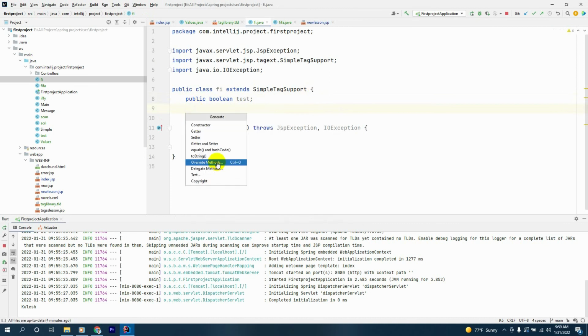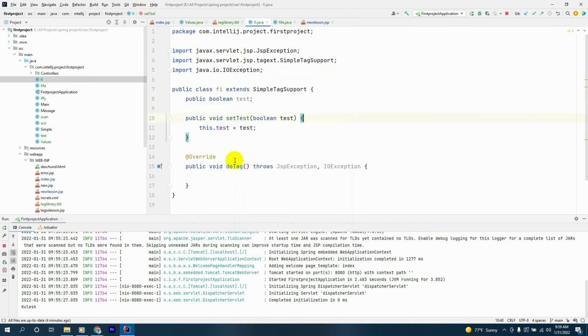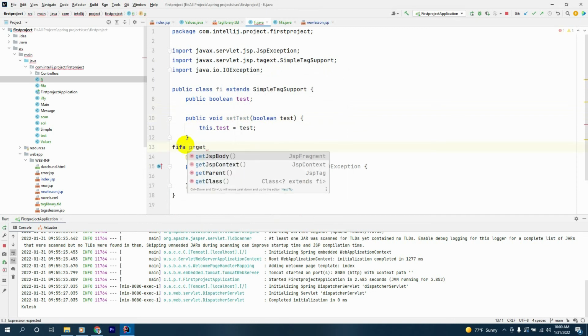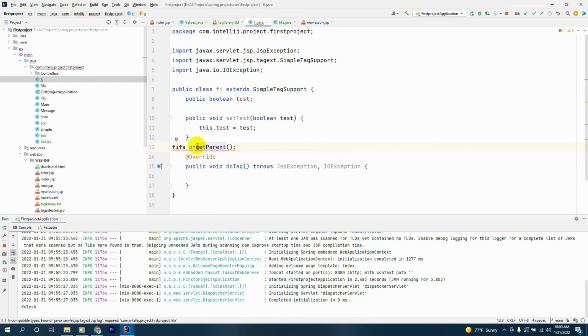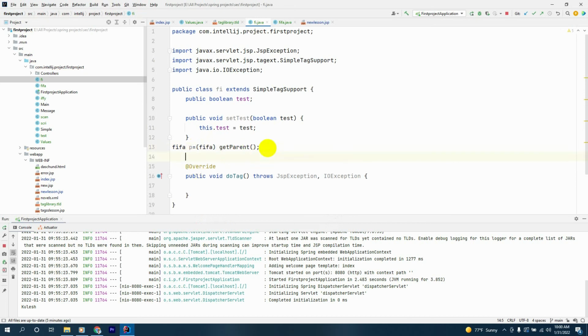We say generate setter and make test like this, and after that we say FIFA p equals getParent() to get the parent value of the other tag we made earlier, and we'll cast this to FIFA like this. And finally here we say p.x